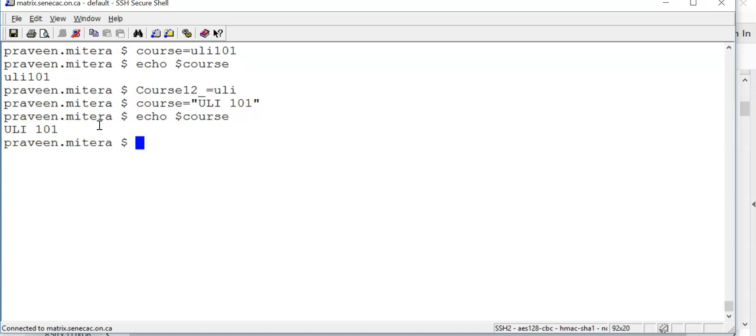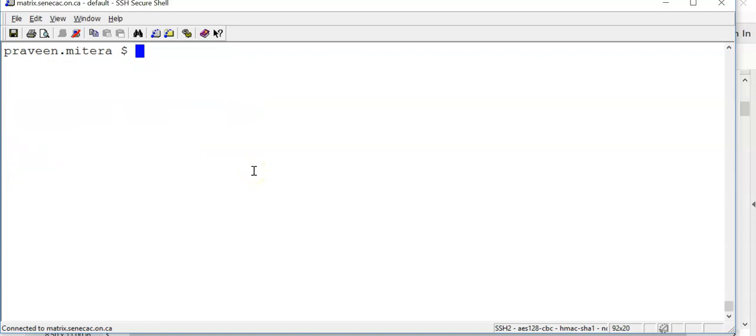All right, let's start by making a simple script and understanding what scripting is about. So let's see where I am. I'm in my directory called new scripts within my home directory. So let's create a basic script. To do that, you can use any editor. We're going to use VI and give the name, I'm going to call it